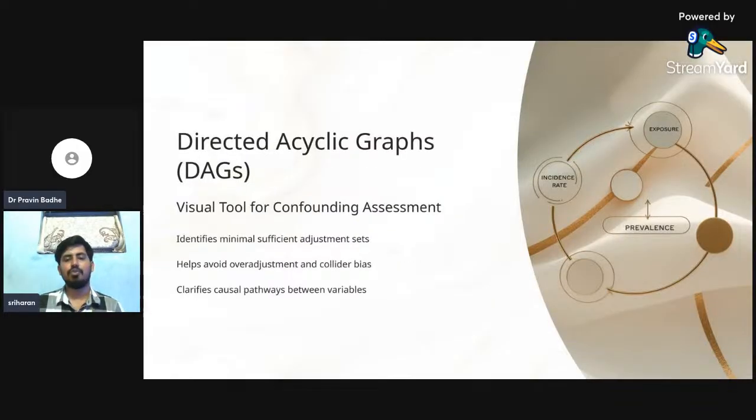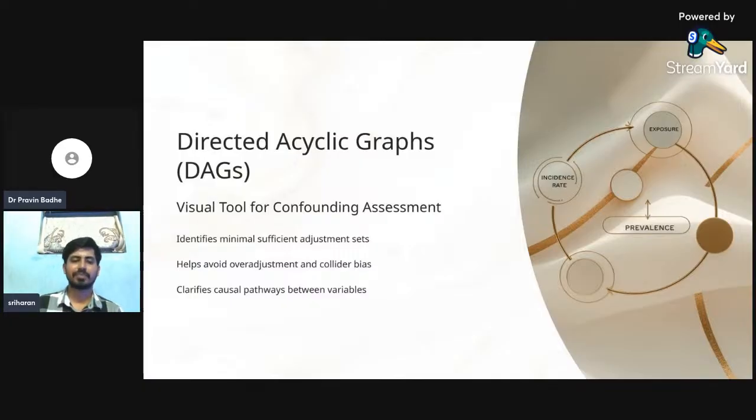Directed acyclic graph, or DAG, is one of the visual tools for controlling confounding. Using this tool, we control confounding. It is not cyclic; it should not be in a loop. The nodes take place here: the nodes represent the exposure and incident rate, and the arrows indicate the point of time at which the confounding factor takes place